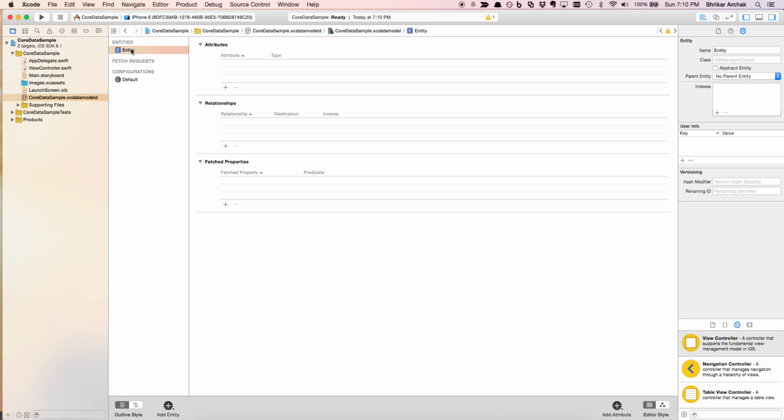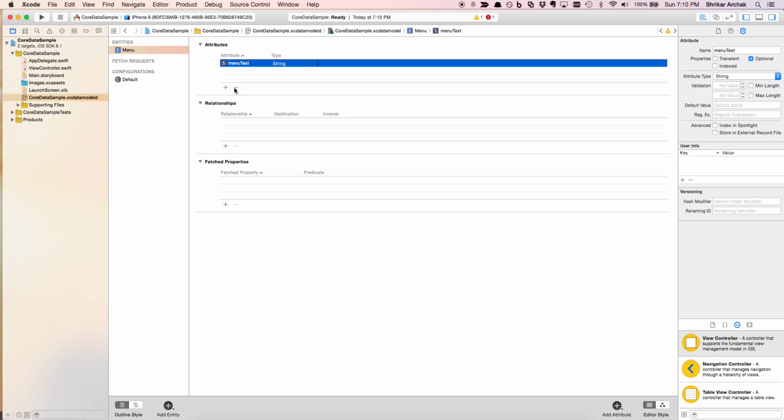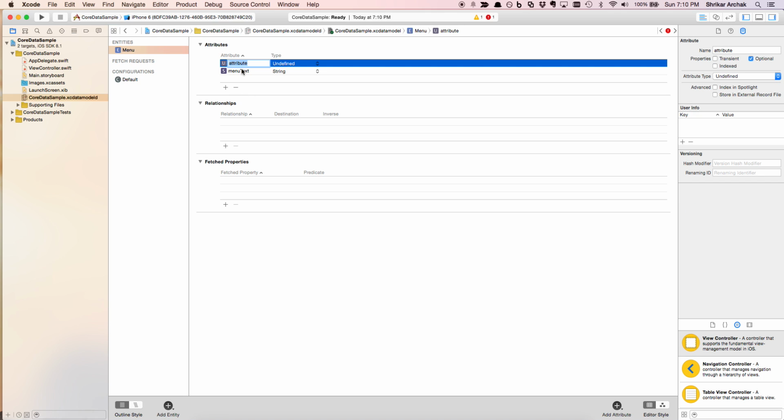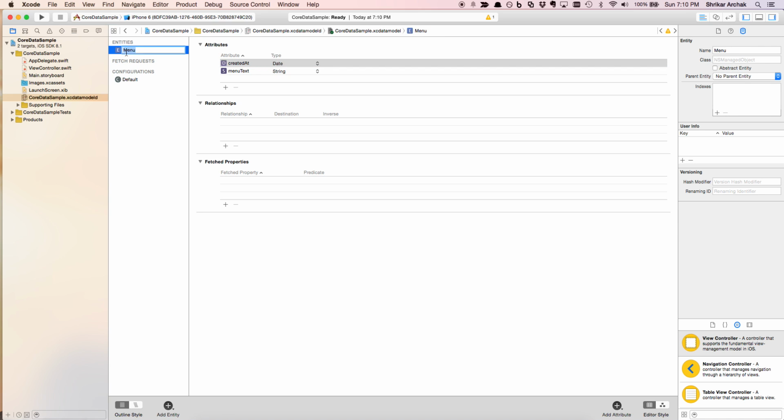Click on add entity, change the entity to menu, then click on add new item. Let's call it menu text. It'll be of type string. Let's add another attribute called created at, which will be a date. That should be fine. Now what we need to do is, with this particular menu selected,